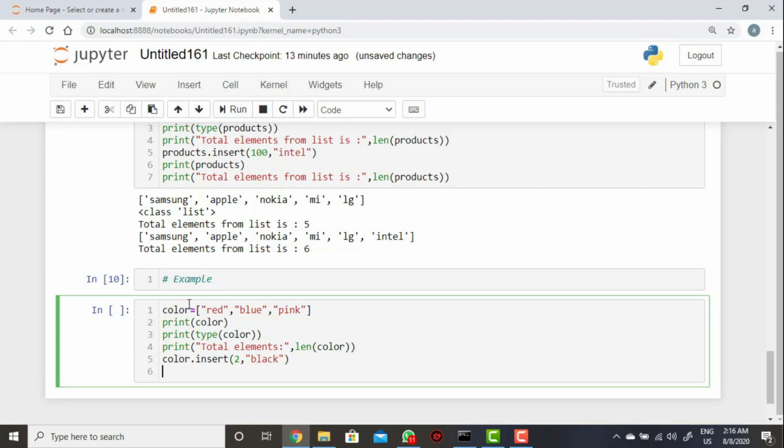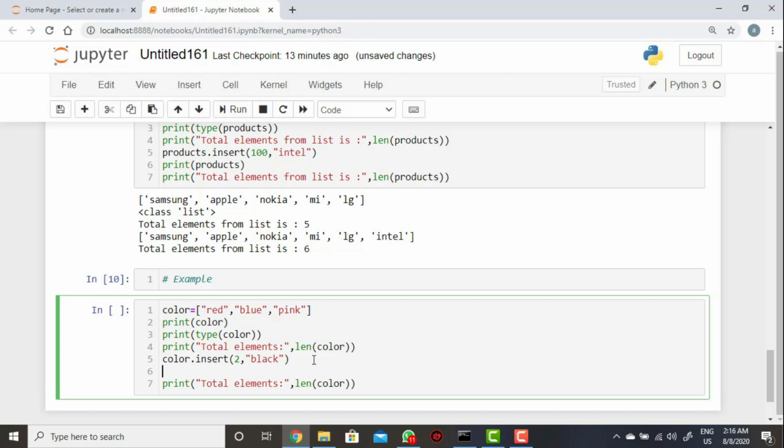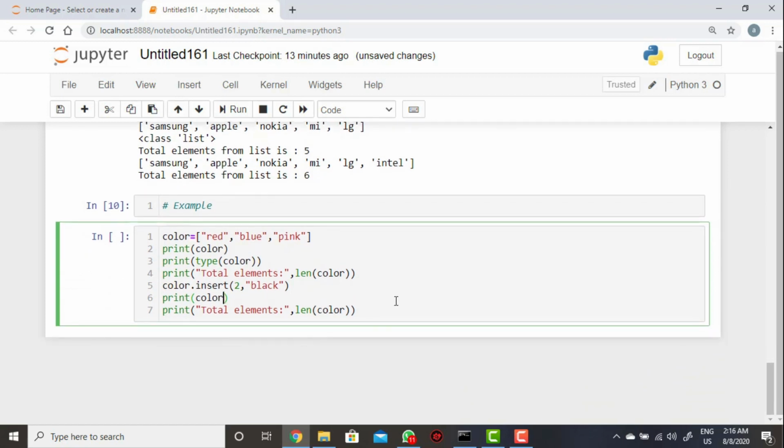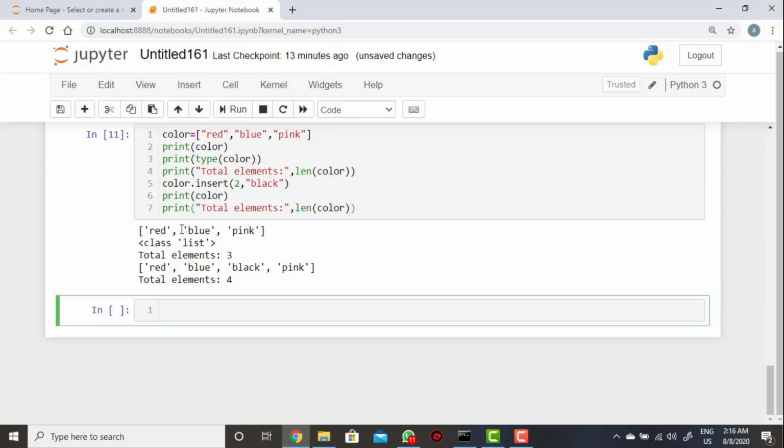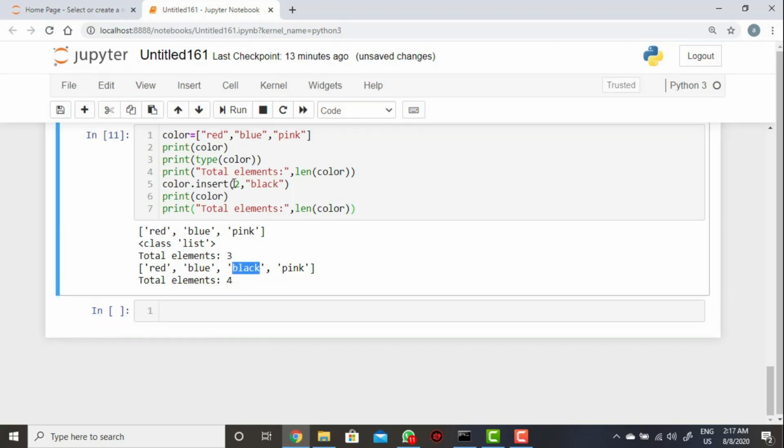Now again you can check how many elements are here. Print after inserting what the elements will be. Now let's see, red, blue and pink were there. Now red, blue, black is inside, added at index number 2, that is place 0, 1 and 2.